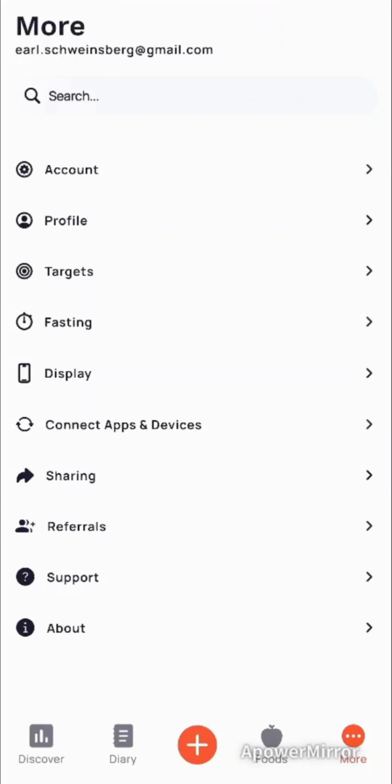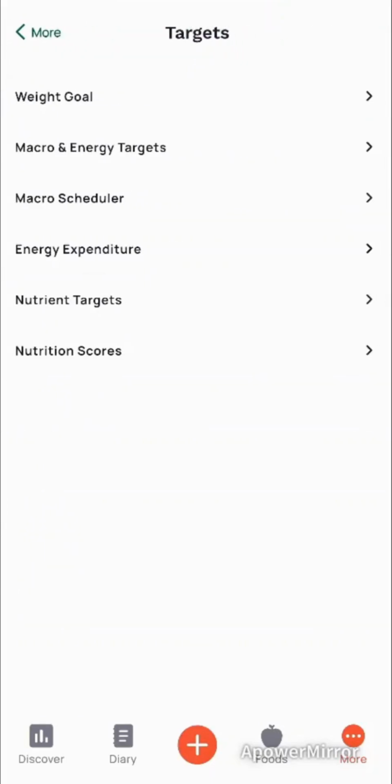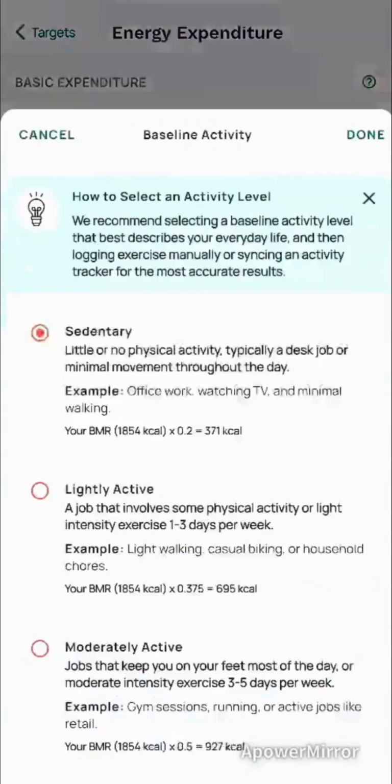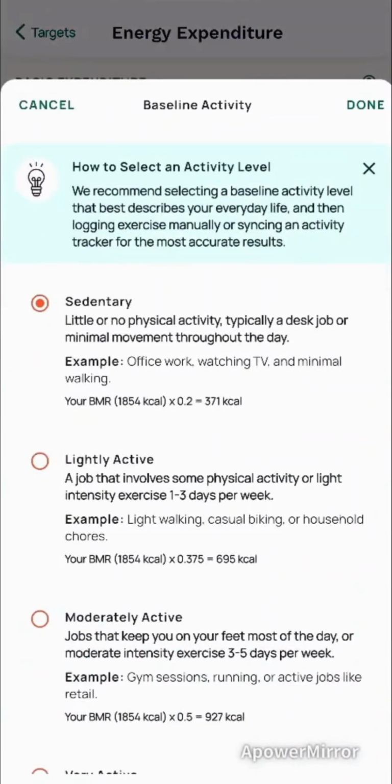And next we're going to go ahead and set up our targets. There's a number of targets in this menu. We're going to start with energy expenditure. That's how many calories we burn every day. And there's a couple different values that make up that number. The first thing is our baseline activity level. This is basically how many calories we